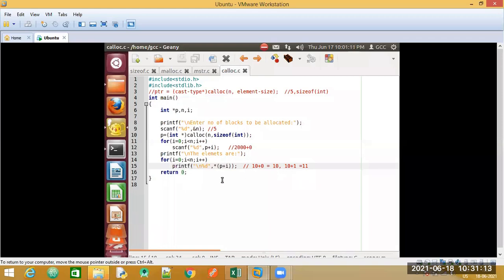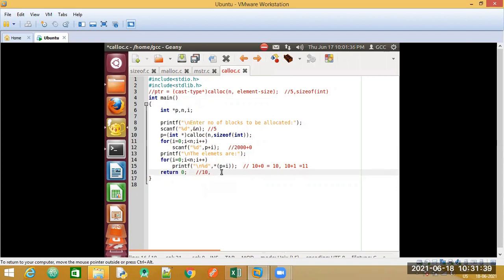Okay. Now how the statement is working, let me write here in the comments. First your bracket will be resolved. So P, what is the address? P is 2000, correct? P plus I, the value of I here is 0. So 0 into 2 bytes will be 0 again. So the content at P will be displayed, that is 10.